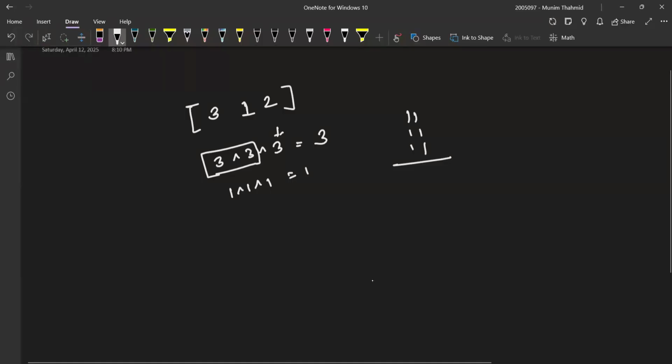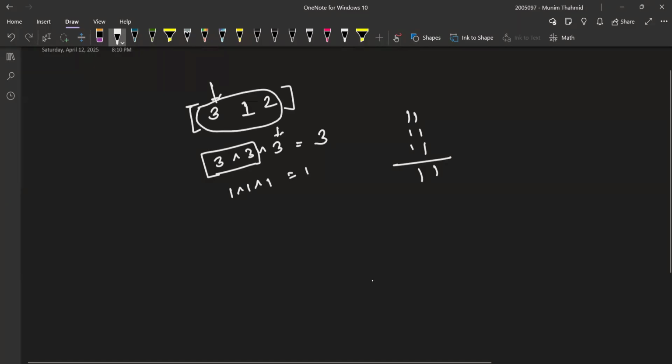Yeah. 1 XOR 1 is 0, 0 XOR 1 is 1. I hope you all know how the XOR works. Anyway, 1 XOR 1 is 0, 0 XOR 1 is 1. So this is a very interesting insight: when we XOR the number 3 times, we get the same number. What it means, we're always going to get